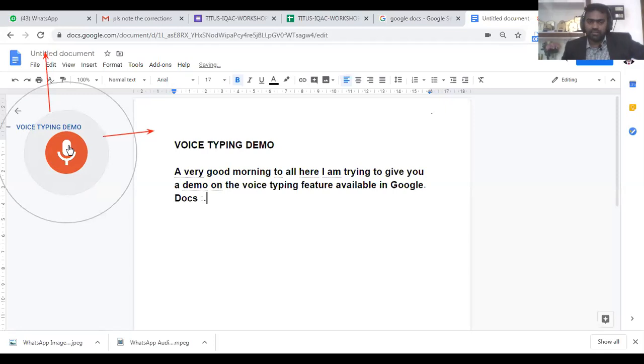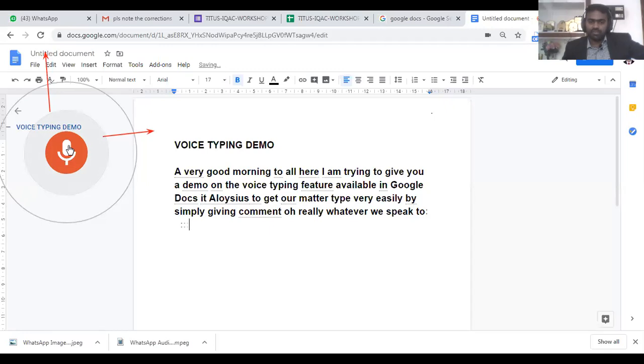It allows us to get our matter typed very easily by simply giving commands orally. Whatever we speak to the system, it gets typed on a Word file.